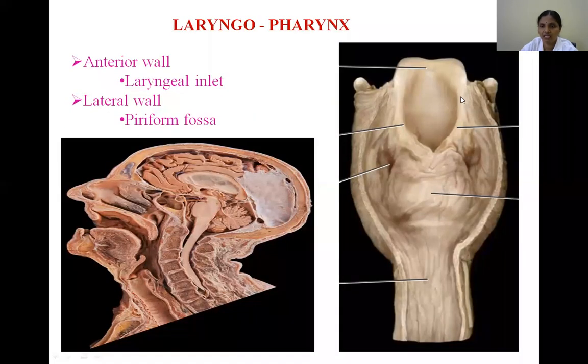Here you see, this is the laryngeal inlet. So during the second stage of swallowing, how is this laryngeal inlet closed? As I told, the lateral aspect of the inlet is bounded by a fold, the aryepiglottic fold, which contains the aryepiglotticus muscle. As it contracts, these two folds are approximated to each other. The thyroid cartilage is elevated, so the epiglottis is elevated and extends onto the dorsum of the tongue. Thereby the laryngeal inlet is closed, and so all the ways are closed.